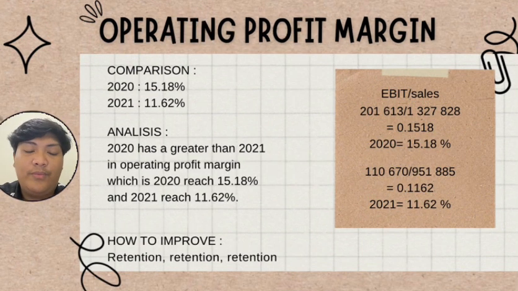Next is operating profit margin. EBIT, expenses before interest and tax, divided by sales. For comparison, 2020 we got 15.18% and 2021 for 11.62%. The analysis is 2020 is greater than 2021 in operating profit margin, which is 2020 reached 15.18% and 2021 reached 11.62%. La Flora's decline in operating profit margin confirms that the company is not making enough money from commercial activities to